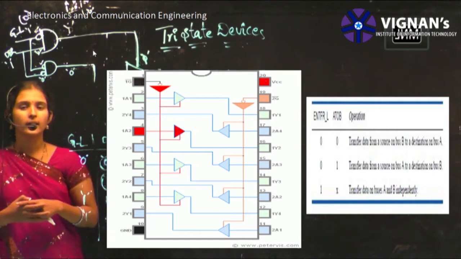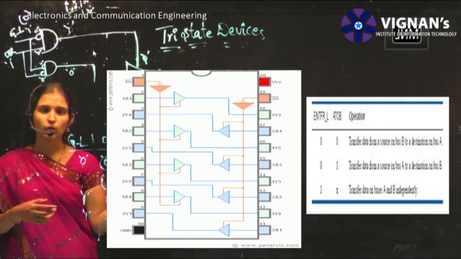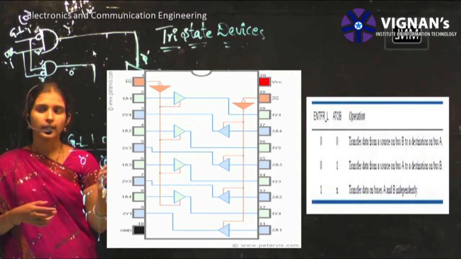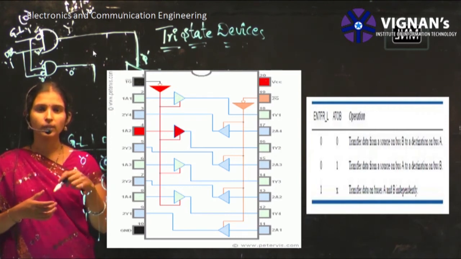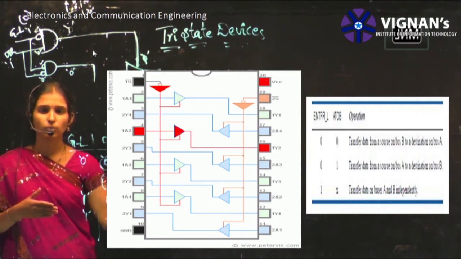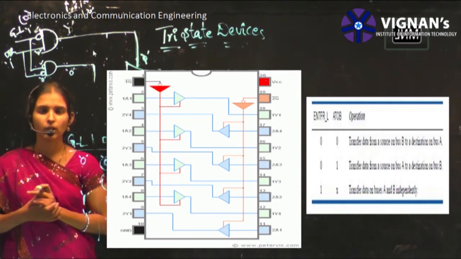You can see there it is enabled. You are giving the input, you are getting the output. If it is not enabled, even though you are providing your input, you will not get output. From that diagram you can see, if it is enabled, whatever your input is will be transferred to your output.